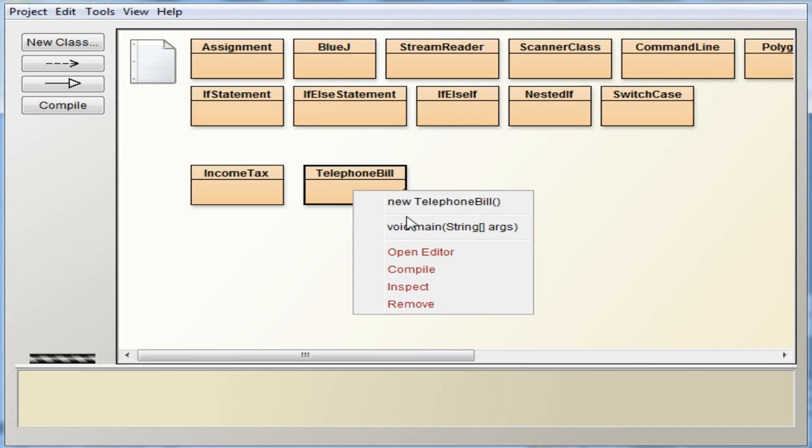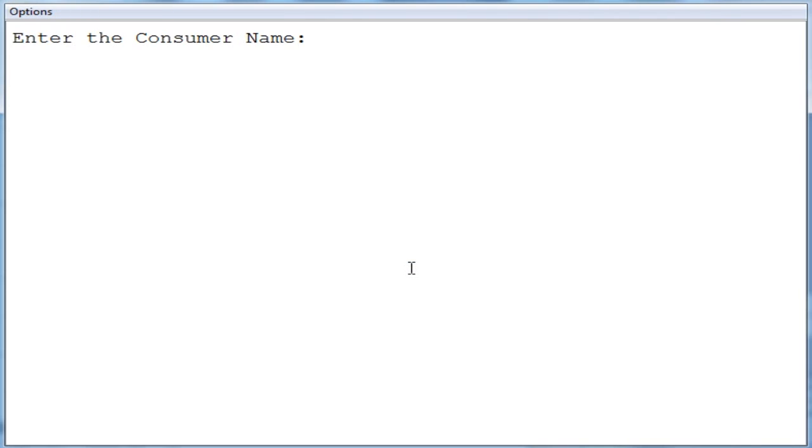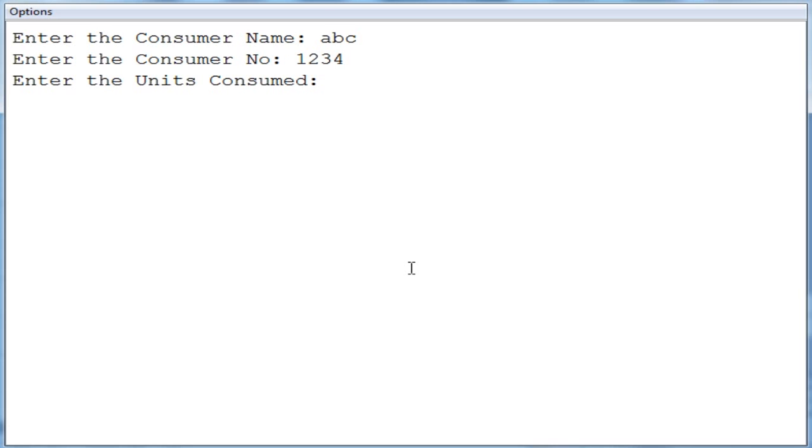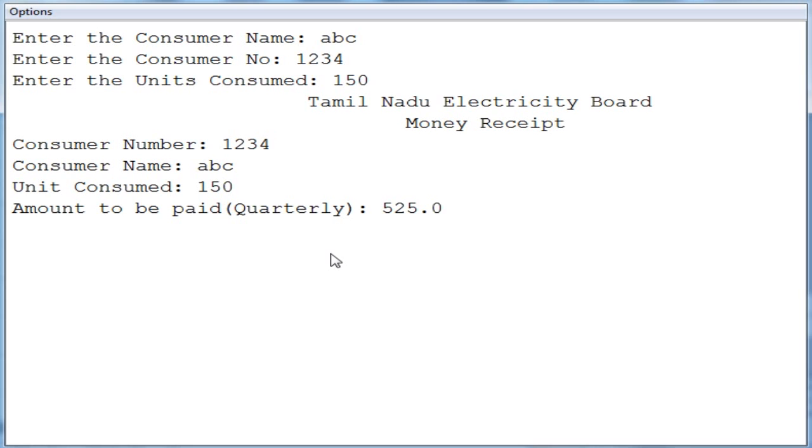Second example. So I am using the same ABC. Now 1, 2, 3, 4 is the consumer number, and the unit consumed is between 100 and 200, so I am giving 150. You can see that for 150 your amount has been calculated, and this is for 3 months. So you have to pay 525 for 3 months.